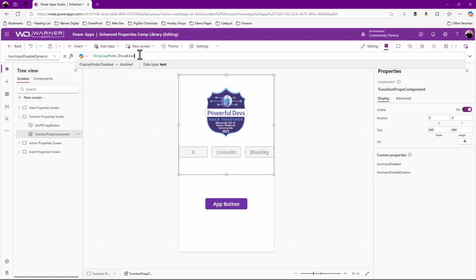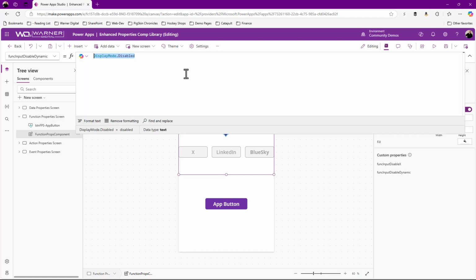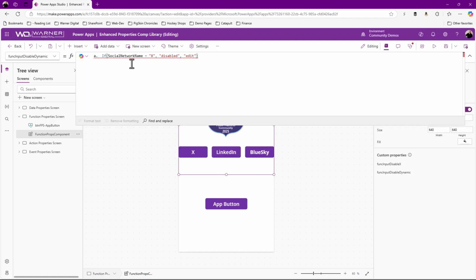But I'll expand this a little bit and replace it with some logic. It says if social network name, so now I'm able to access that parameter that was part of my input property, equals X, disabled, else, edit. Simple logic, simple expression. So now if I change this to LinkedIn, well, LinkedIn. If I change it to Blue Sky,